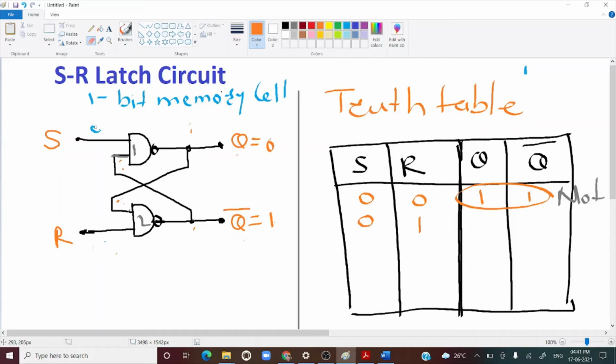Okay, now what is the condition? S is 0 and R is 1. Okay, and we have assumed the first previous output, that Q is 0 and Q bar is 1. Now this Q0 goes here. Okay, and actually this Q bar is 1. So this 1 goes here. We have to compute the output of the NAND gate with the input 0, because this will be forced to